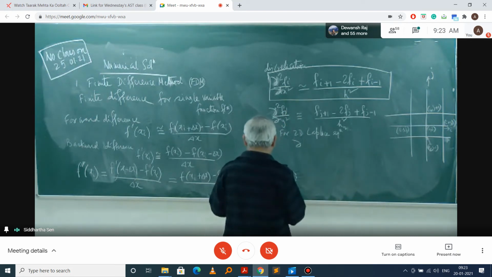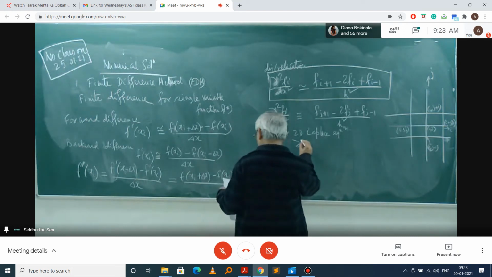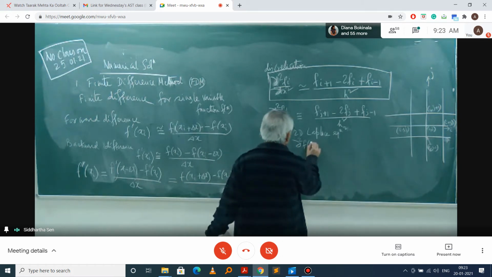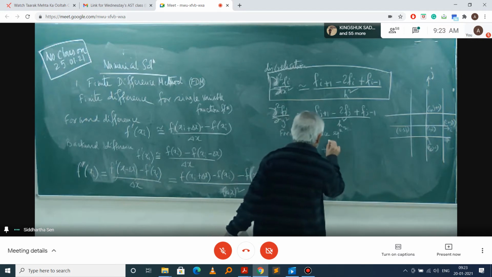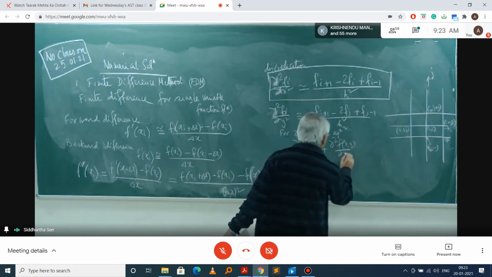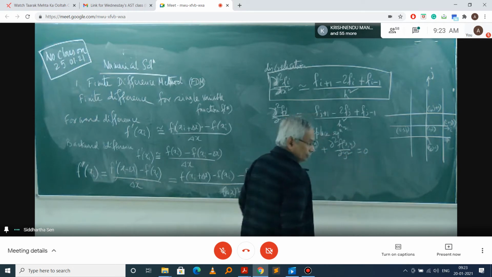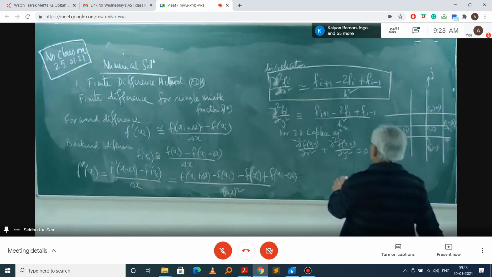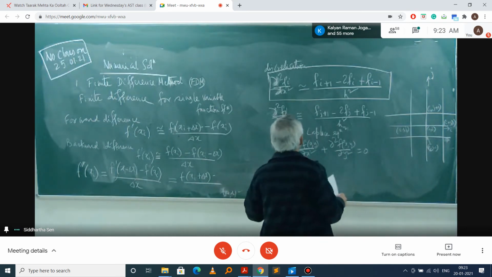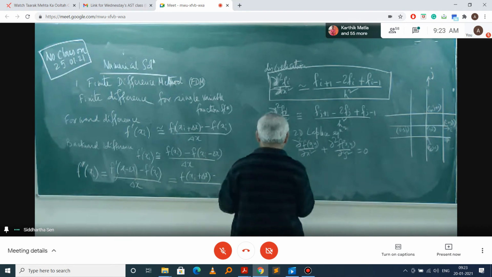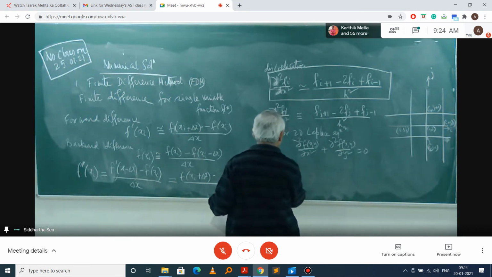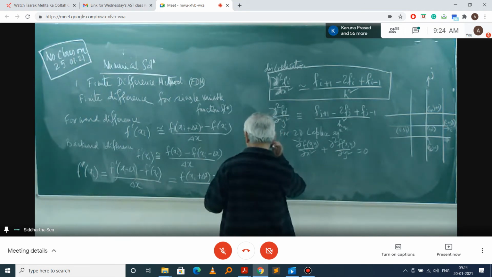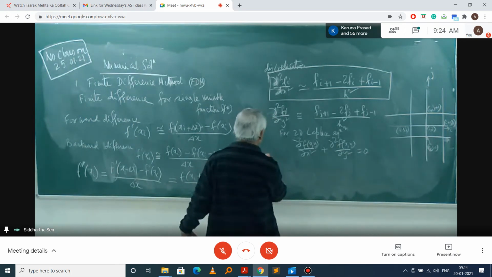So what we have is del 2 f of xy by del x square plus del 2 f of xy by del y square equal to 0. I can write it down in this way. That is approximately the sum of this one, so I write it in this way. That is approximately equal to